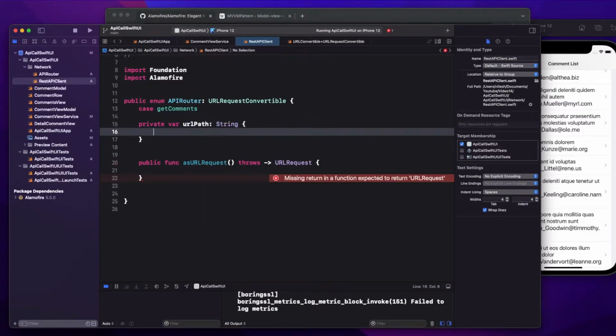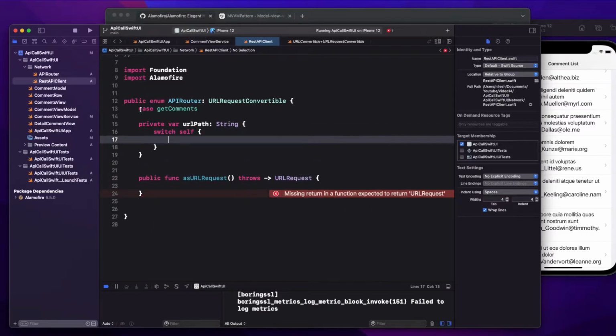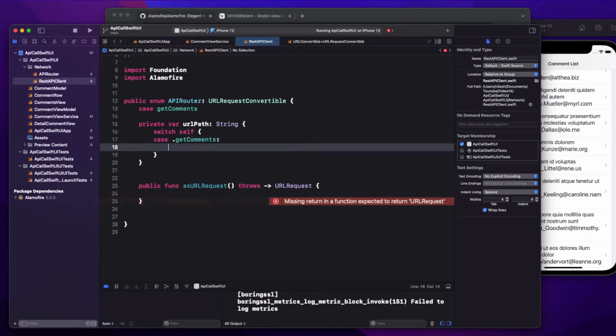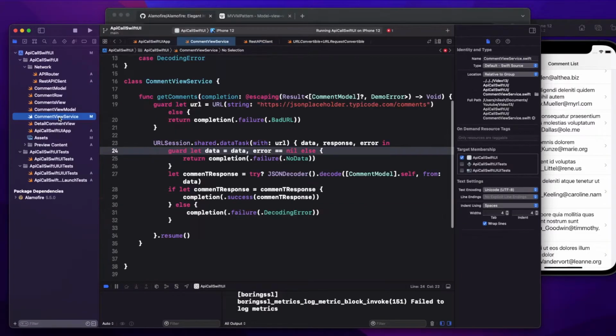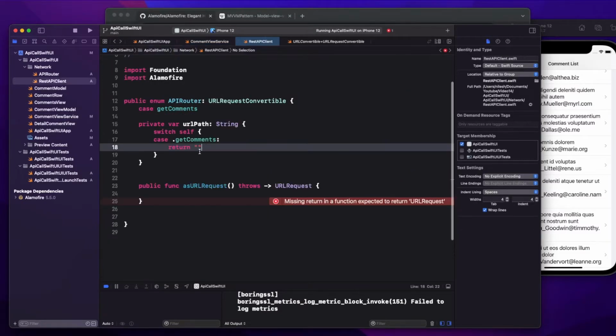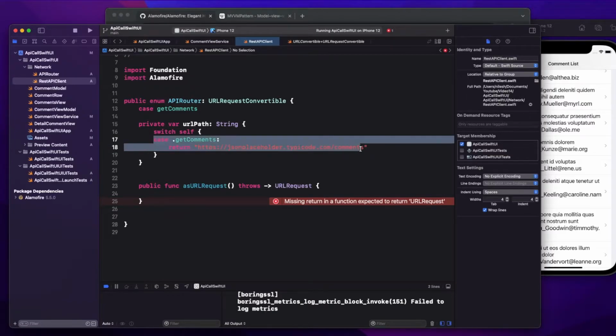So here we'll just switch self, and this is going to implement all the cases. Right now we have just one case, so we are just going to define getComments, and here I'm going to return the URL which I'm using in my comment view service. So I'll just copy this URL and paste it here. Now my URL is done. In your real-time example, you can have as many cases as you like defined here.